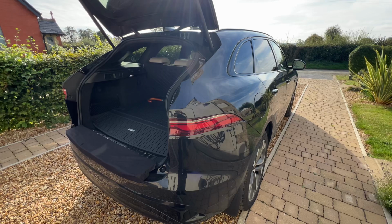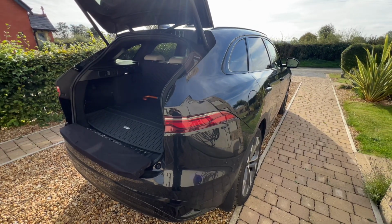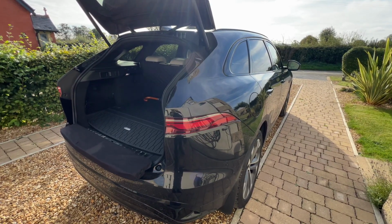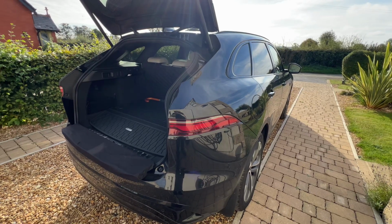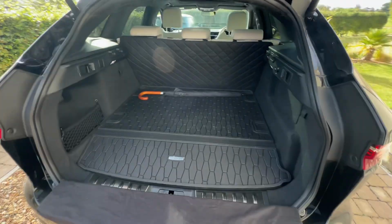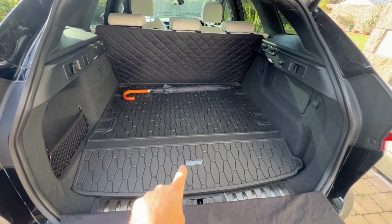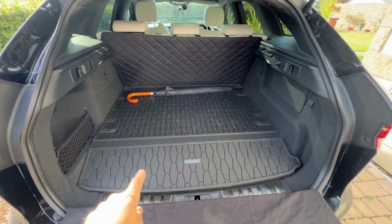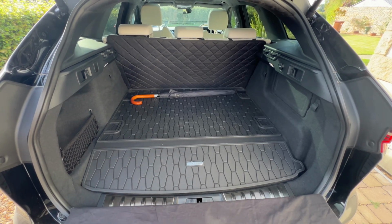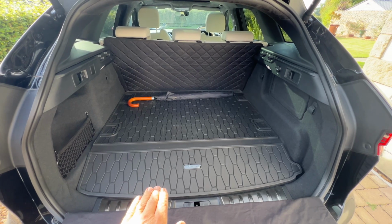This one's on a new Jaguar F-Pace 2024 that I've just had. The model is a P400e HSE, and one of the quirks of this, due to the fact that it has a battery pack in here, is that you lose a bit of boot luggage space here because it slopes down, and so I decided that it would probably be better to try and